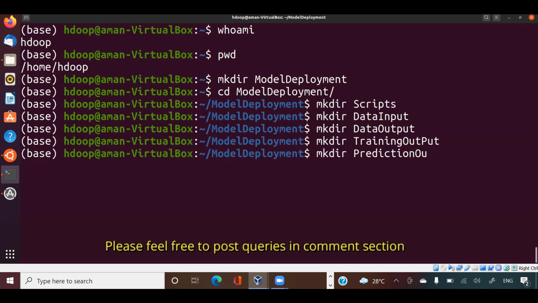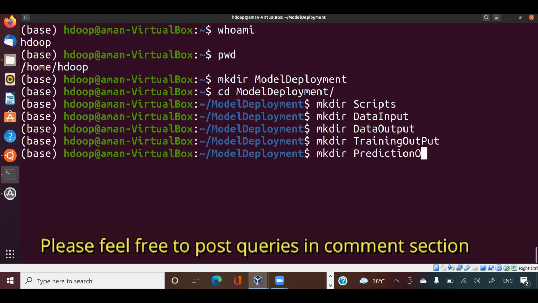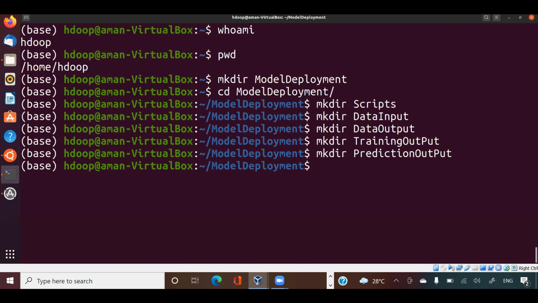Okay, next there is something I want to create right after doing the prediction. Let me call it prediction output. So these 5 directories are created. Another directory I want to create here, and I want to call that logs. Now I'm going to store the log of the entire run here. I'm going to show you, when I run that, how the entire logs will be captured here: what is happening and what is not happening, all these things.